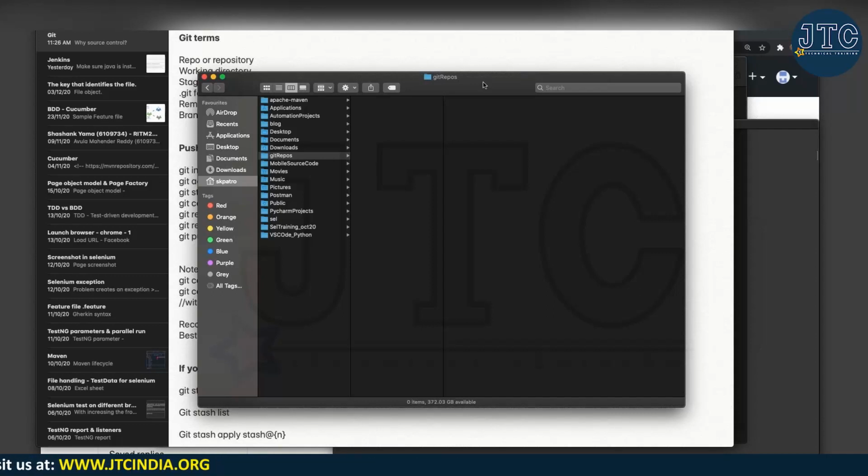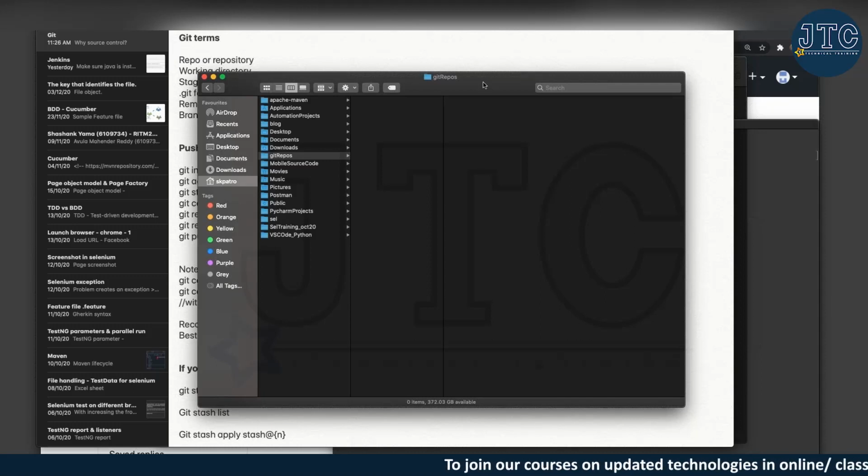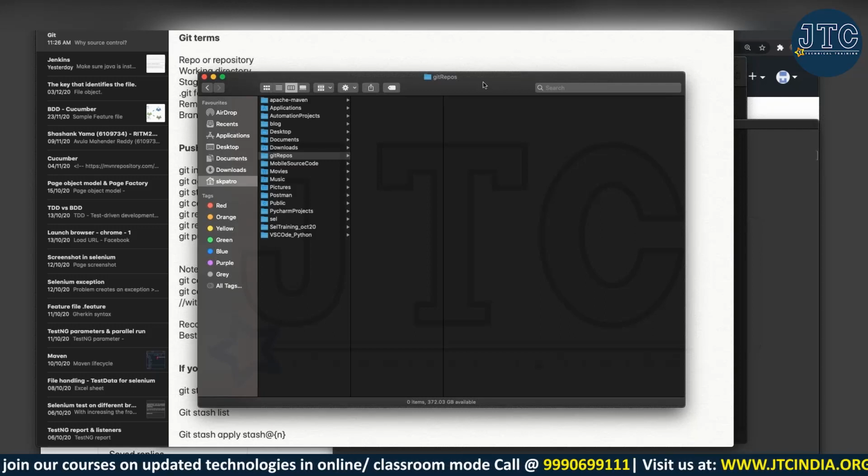Staging area is, as I told, not actually a different folder. It's all virtual. Any files that you want to push to your GitHub, you can make them staging. Staging means you are preparing those files to move. Branching is a high-level concept where the actual code will go when you are merging. So I can say the staging area is the smaller unit when you are talking about a branch.